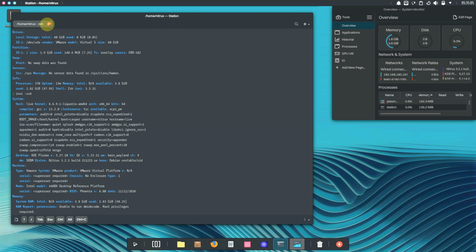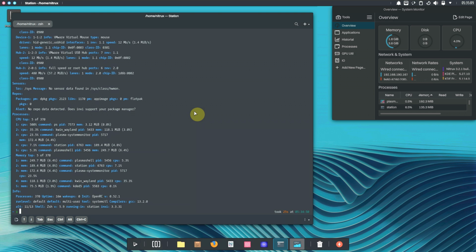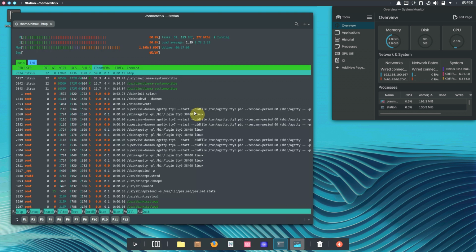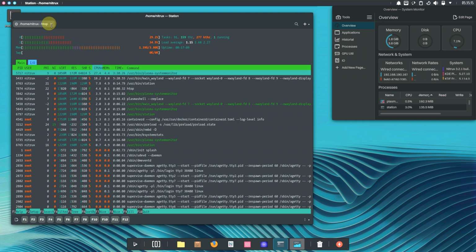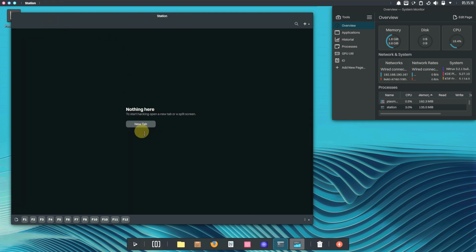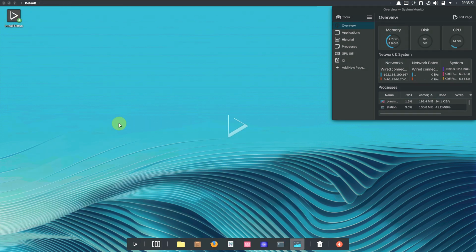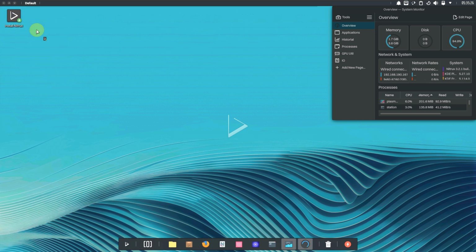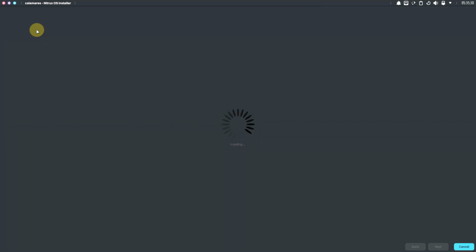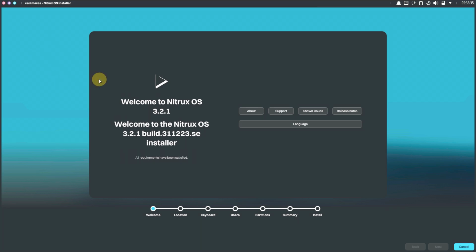So let's close this thing. Let's try htop and close the terminal. Here is the htop. Let's close the htop. Again, issue with the mouse pointer. Now let's go with the installation. I don't want to install this Nitrux on my virtual disk or a hard disk. I'm just going to show you the process and some of the